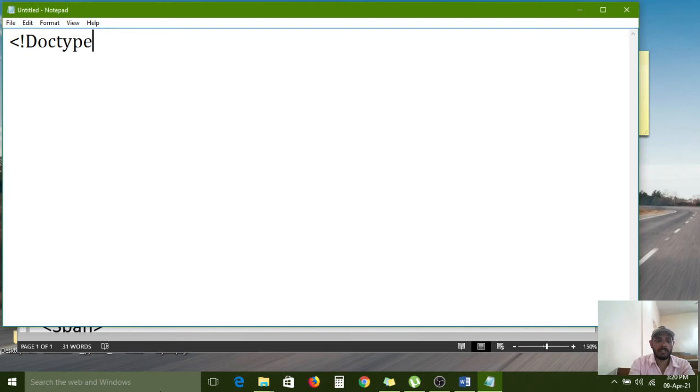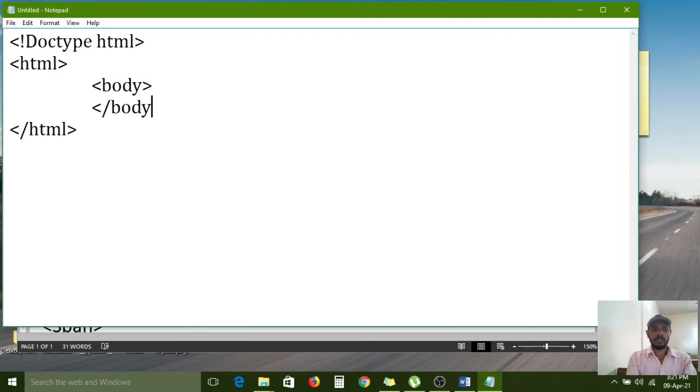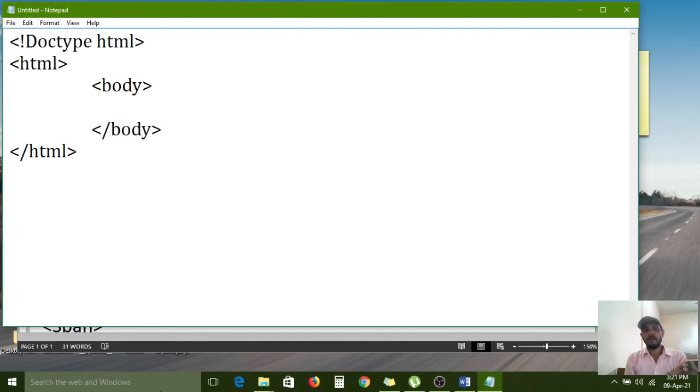Doctype HTML. Root element HTML, opening and closing, and it is the root element. And next, body. Already you know the head tag; for giving any page title the head tag is required, but now not required. It is a time-wasting process because you are in the learning stage. But in real time, you need to use all those things compulsorily. Don't ignore anything. And body tag, now I am using one paragraph, opening tag and closing tag.